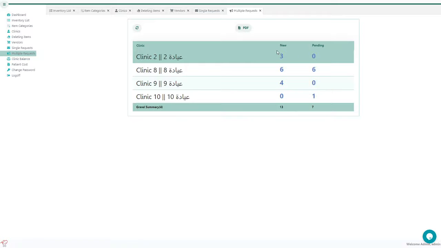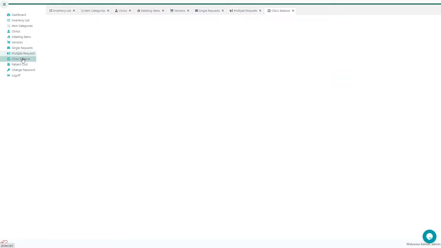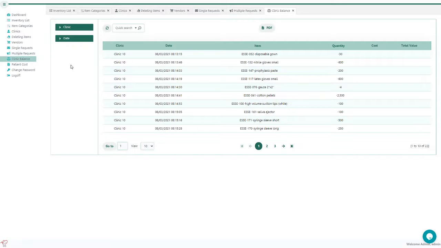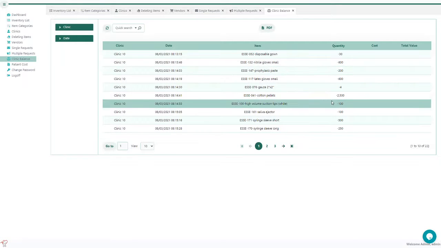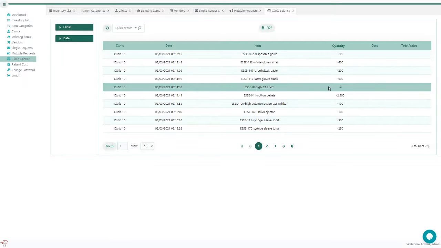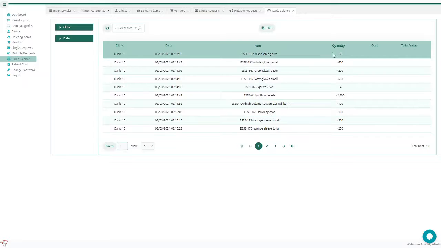So let's go back. You can see the total items they are requesting, the new items. So clinic balance, you can see how many items they took. You already transferred to them. You can see how many quantity,